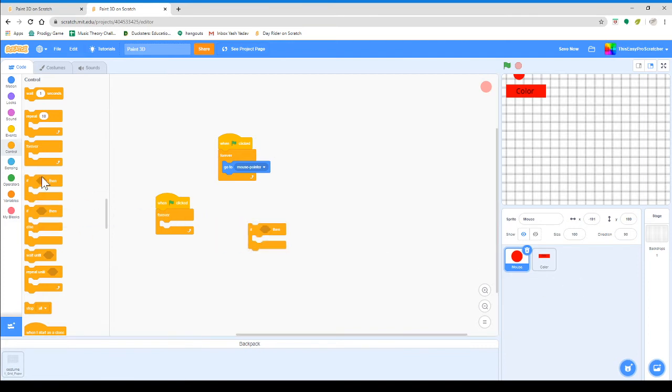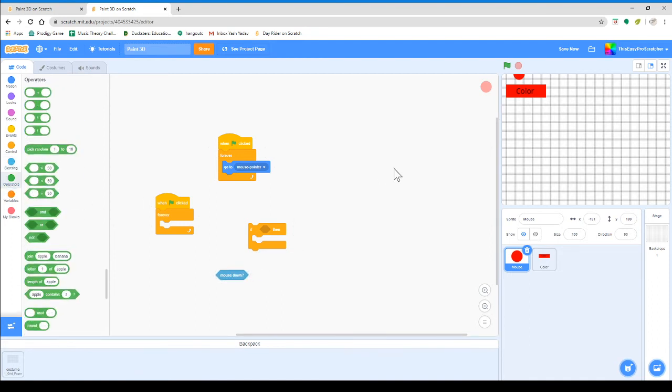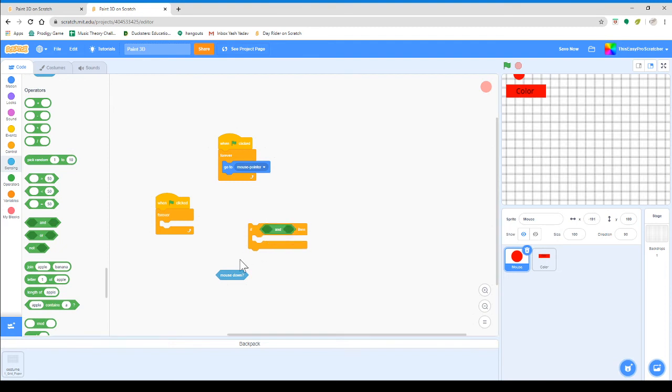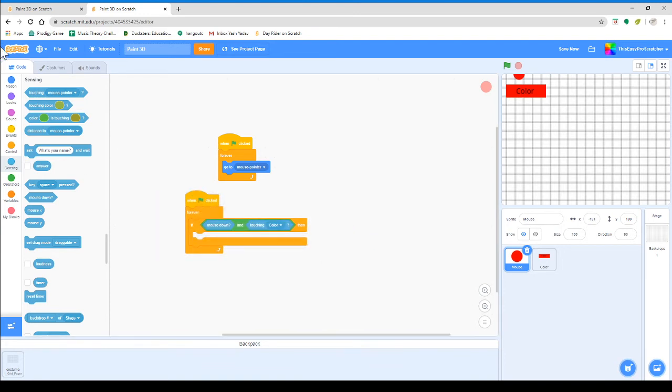Yeah. If mouse down. So if it's clicked and if mouse down and touching color, we